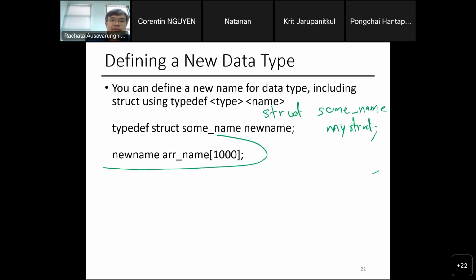I can do typedef. The typedef command is the type definition. Now I'm creating a new type. I call struct somename newname. So newname becomes a new data type. That data type will have one integer, one floating point. It will work exactly as a struct somename. I'll show you some examples when we do the example coding, because this might confuse you.